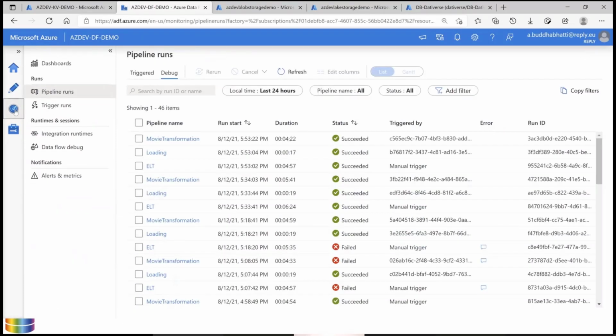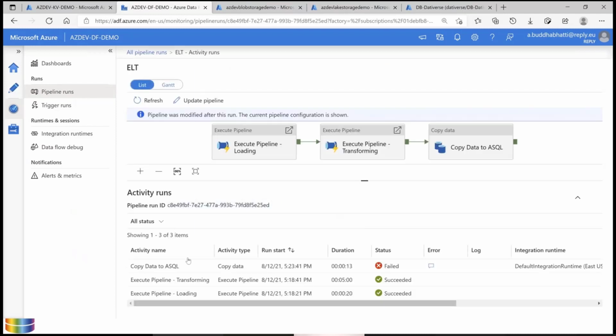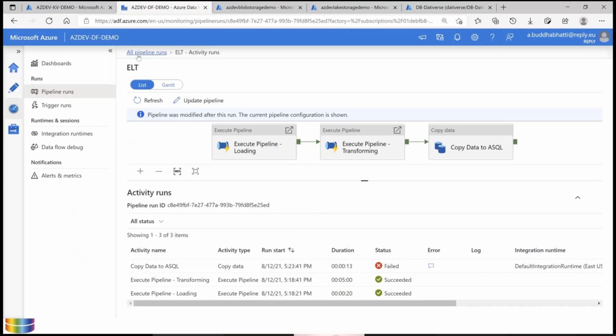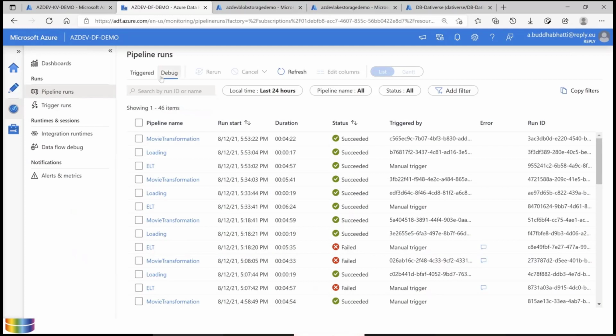Let's go to the monitor view. The monitor view helps you monitor your Azure Data Factory components. You can monitor your pipelines and activities, and if there is any error, it will show here. For example, it will show an error here for us, and you can click here and it will redirect you and show how it works and where the issue is as well. If there is a child pipeline, it will help you redirect to it and see how it works. So that is the monitor for pipelines.